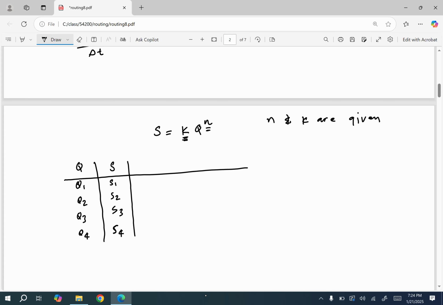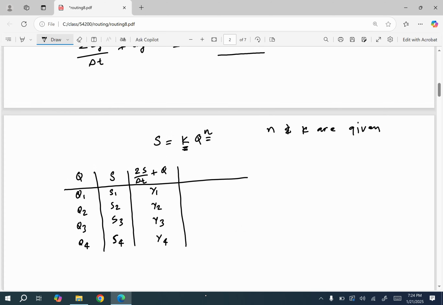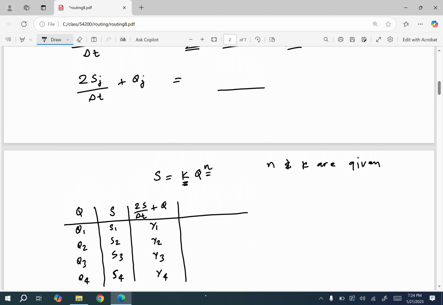Okay, once you know what q is, once you know what s is, then you can create another column which will be 2s over delta t plus q, and then you will have some values here. So I'm just going to call this y1, y2, y3, y4. What this gives us is, for example, once I find a value for this, I can then come to this